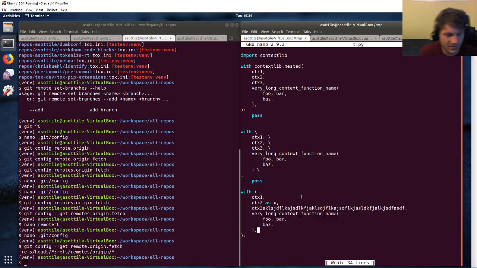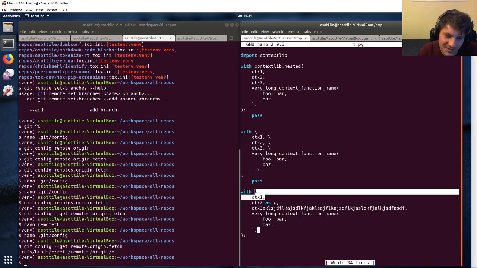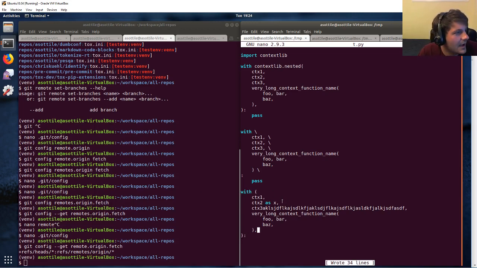The current problem on the issue, and why it is stalled, is that as a human I can look at this and say, oh yeah, obviously this parenthesis is matching this, and it's doing a multiple context manager here. But the grammar format of Python